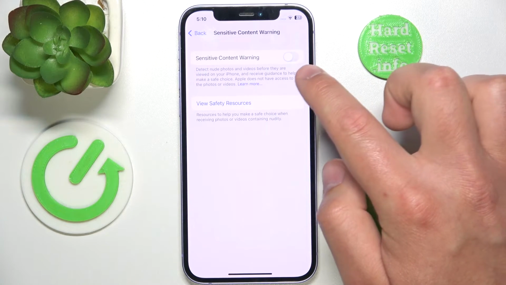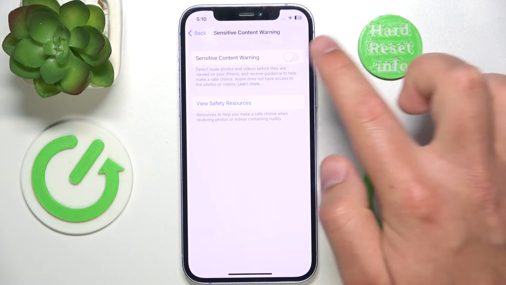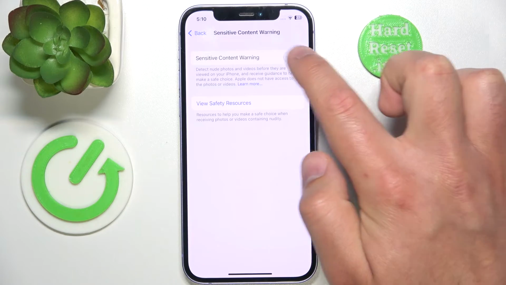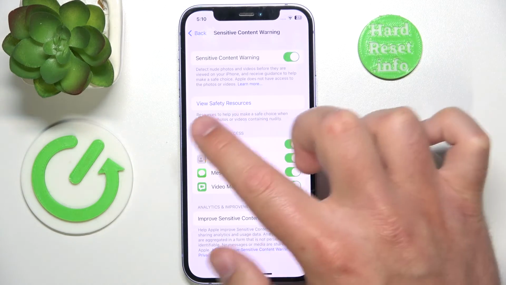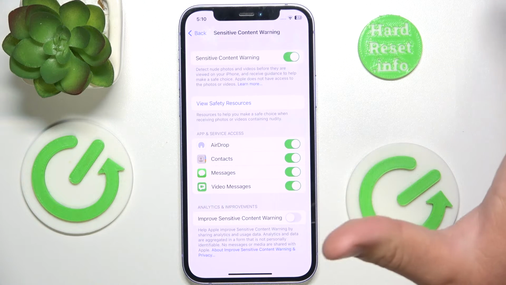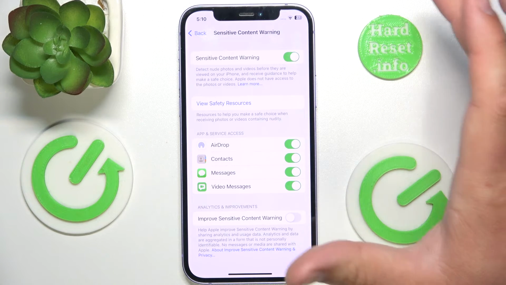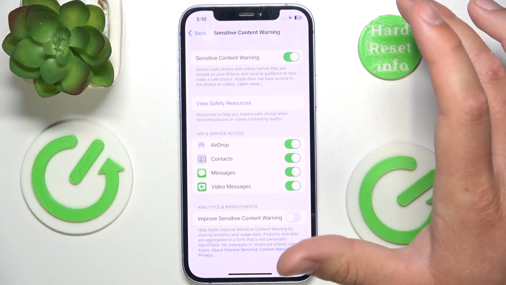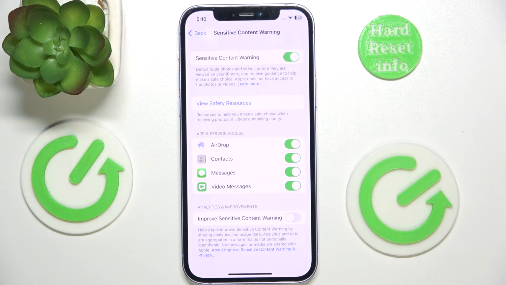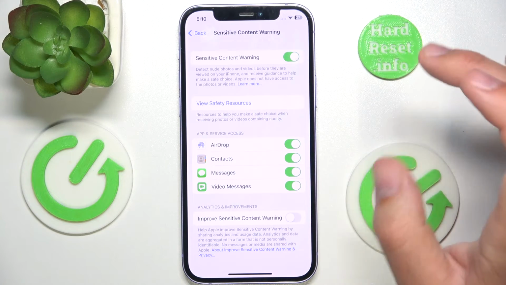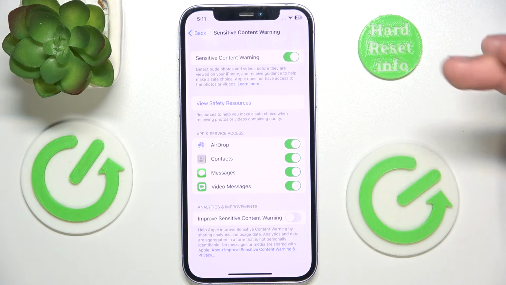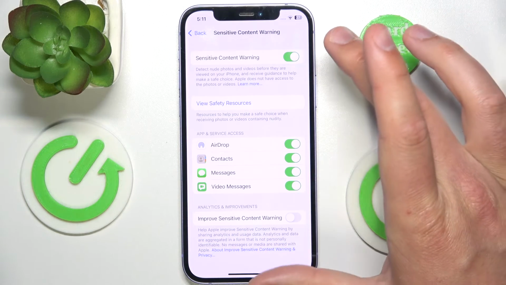As you can see, now I do have this feature off. If I turn on this feature, what it does is detect nude photos and videos before they are viewed on your iPhone and receive guidance to help make a safe choice. Apple does not have access to the photos or videos. So it is going to inform you that there is a sensitive content